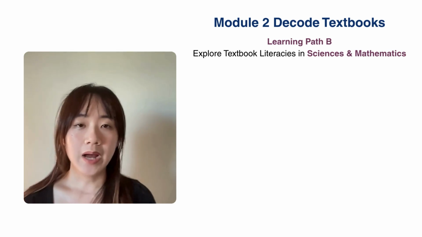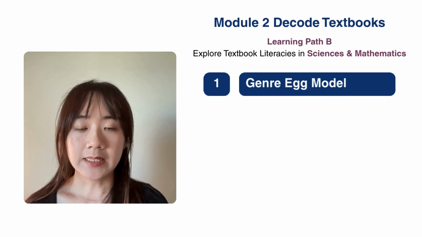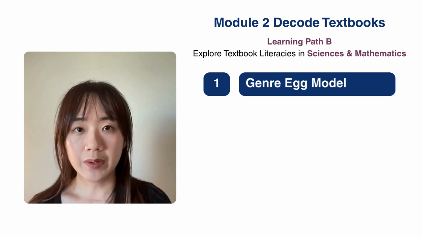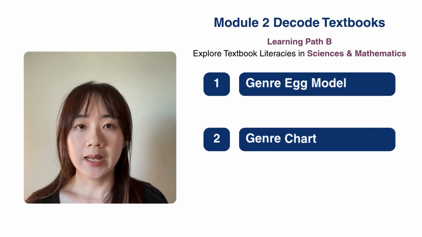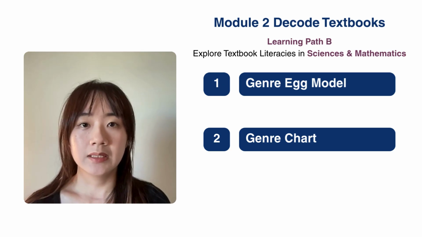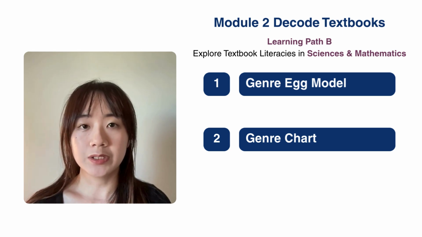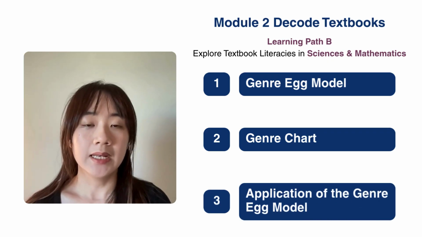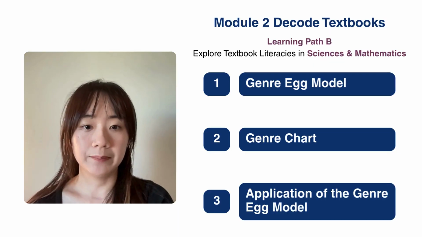In this lecture video, I'm going to talk about three pieces. First is about a general genre model. It is included in the pre-lecture reading. I hope you finish it. But in this lecture video, I'm going to explain more about it. And the second piece is about the genre chart. I really would like to introduce this kind of powerful tool for you, so you can see how it can help us identify different types of vocabularies in textbooks. And third, I'm going to show you how I applied the genre model when I'm analyzing the mathematics textbook.